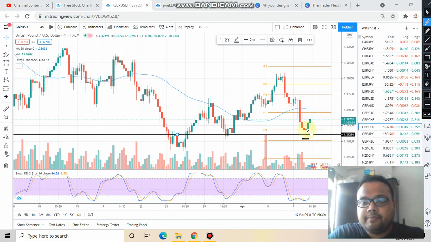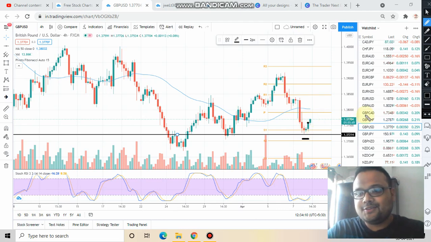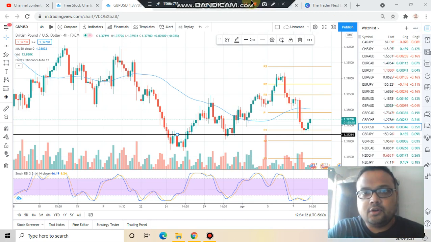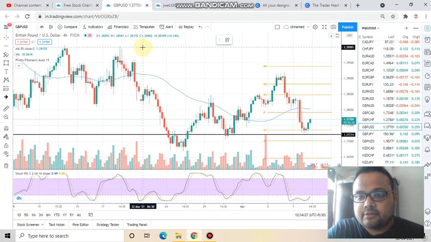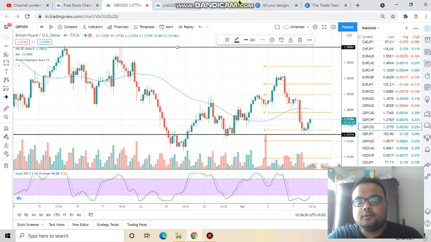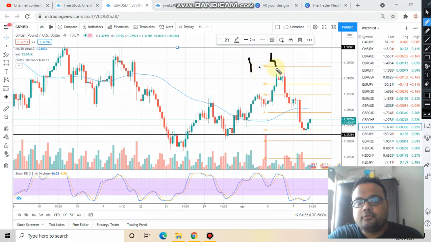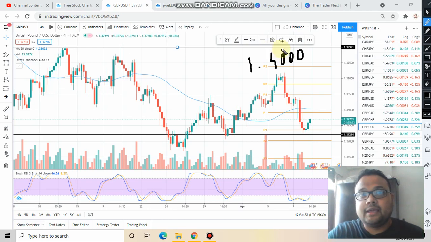The previous candle would have been much better to execute the buy order, but still it is not too late. So right now you can take it, or in case you do not want to take entry in the middle and you want a safer entry, then you will have to wait for the market to reach this level, 1.4000, because I showed you already on the chart that market tried to cross this level 3 times, but market failed. So when market will be going up again,